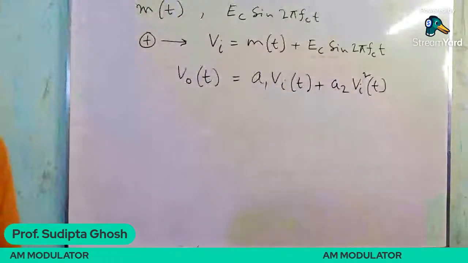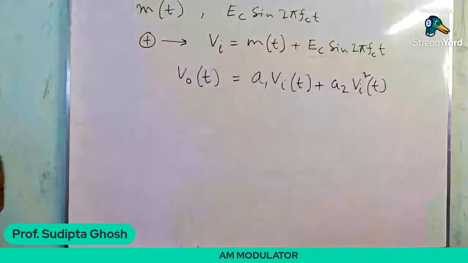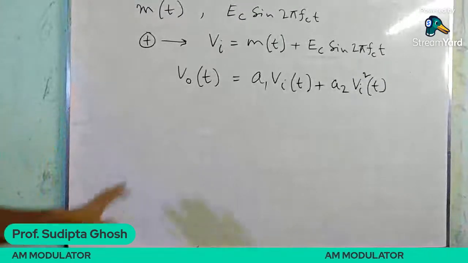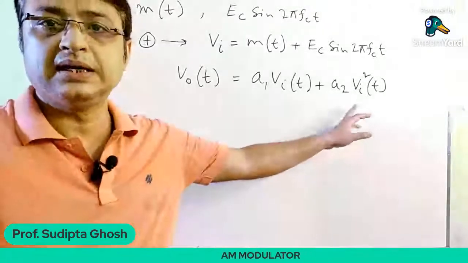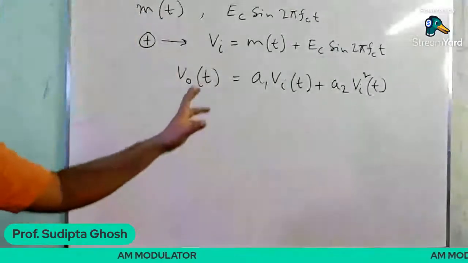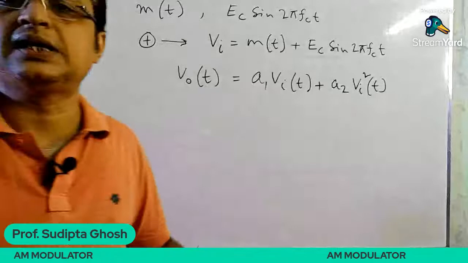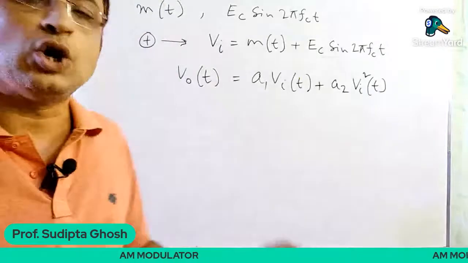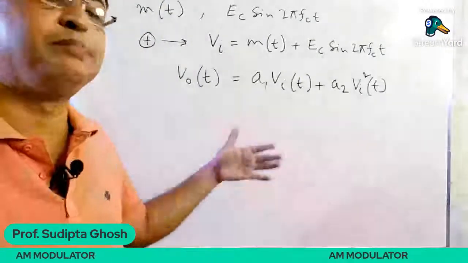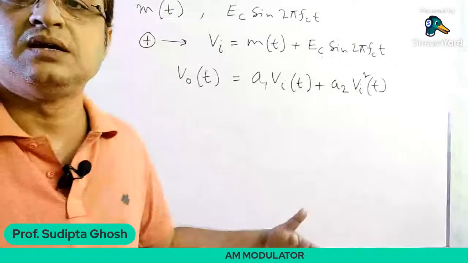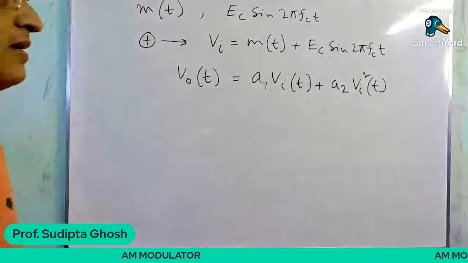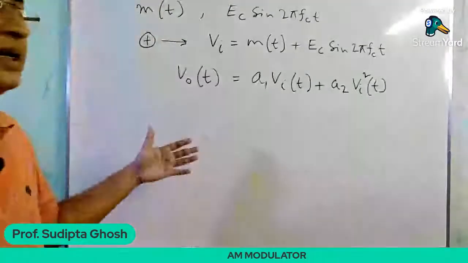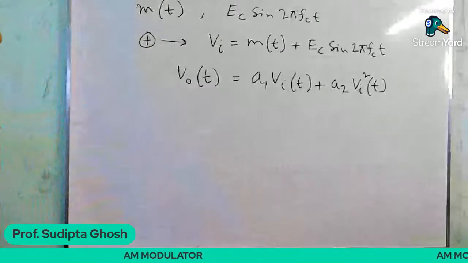So this is the reason for what Arindam has asked: why this type of circuit is known as a square law modulation circuit. This second order term, that is this square term, is responsible for the circuit being known as a square law modulator. Whenever a nonlinear device is used, as it is basically the simplest form of amplitude modulation circuit, as only a PN junction diode is used, this circuit is known as the square law modulator circuit,